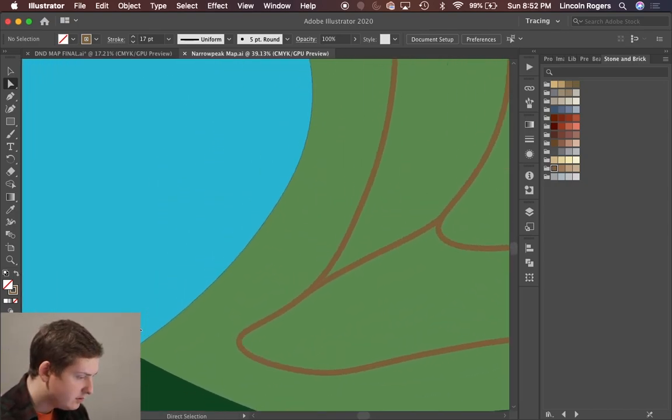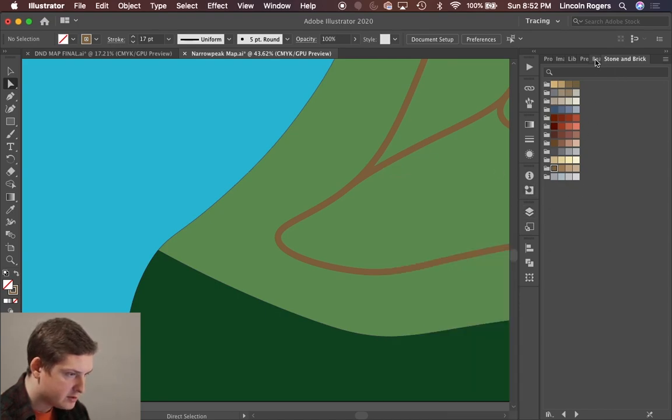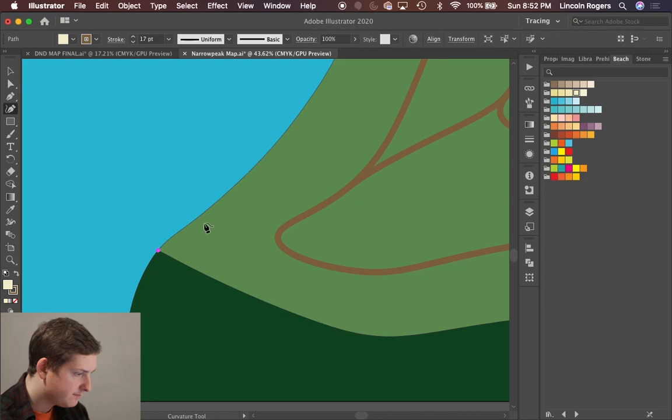So I'm going to come in here. I'm actually going to add another layer underneath the roads because I think the beach is a little bit more of a background. I'm going to lock the roads down. So I'm going to go back to my beach color library, grab a sand color, and I'm going to get in here with my curvature tool. I'm just going to trace out this